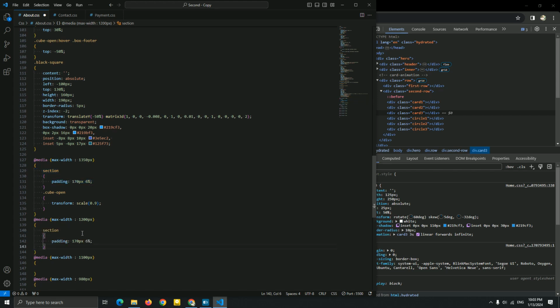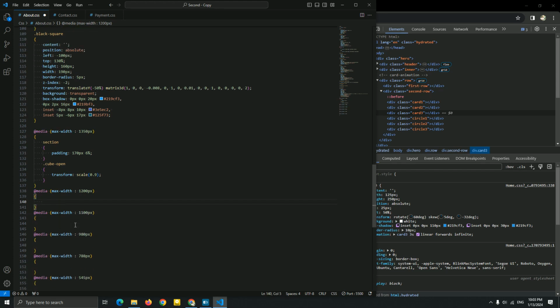Let me add, let me see. I'm gonna add a button for this. So, oh, you know what? I think we don't need this. So let me just go to the next one. I'm just gonna resize this black square that we created here.